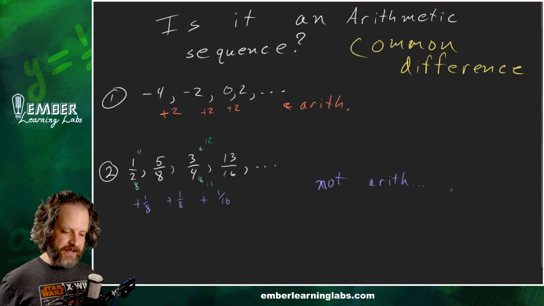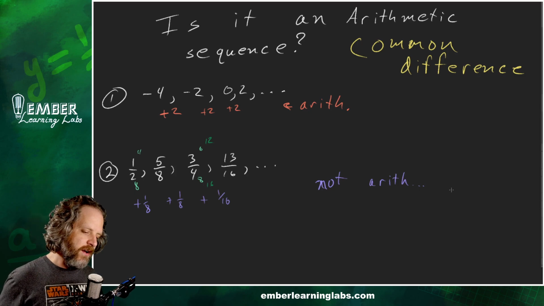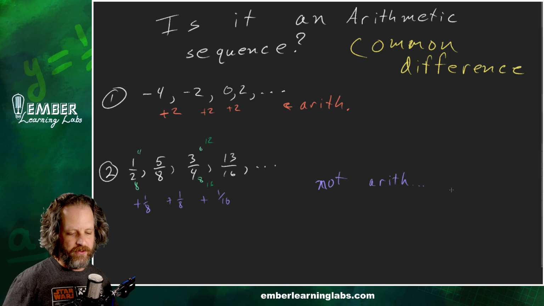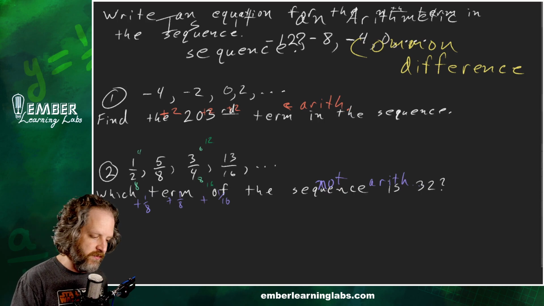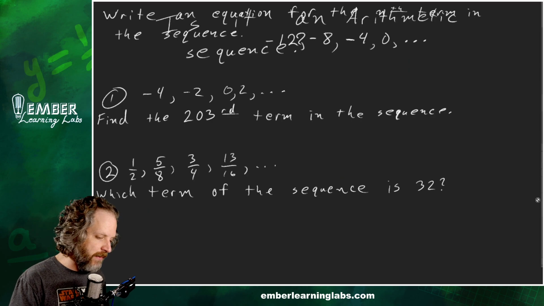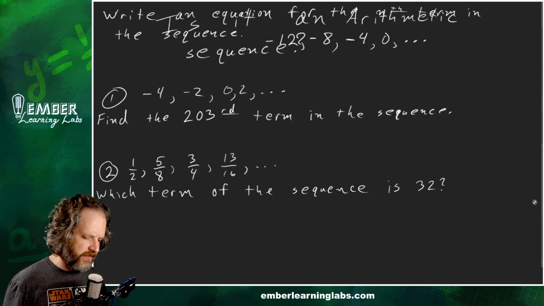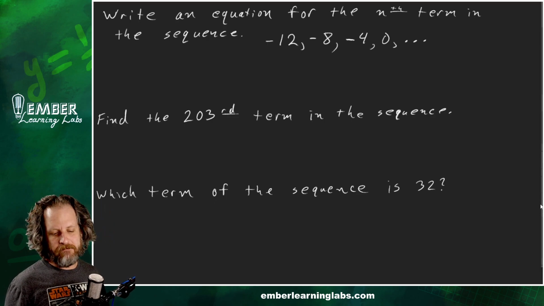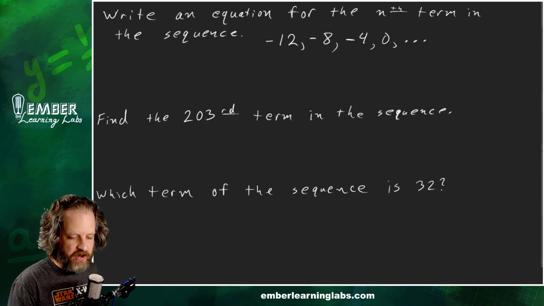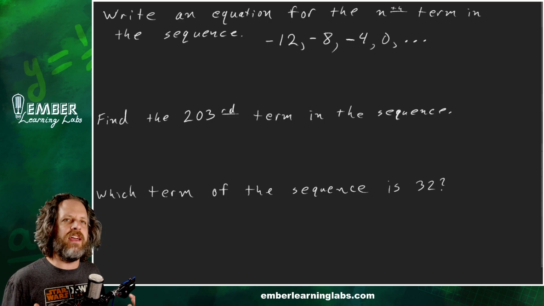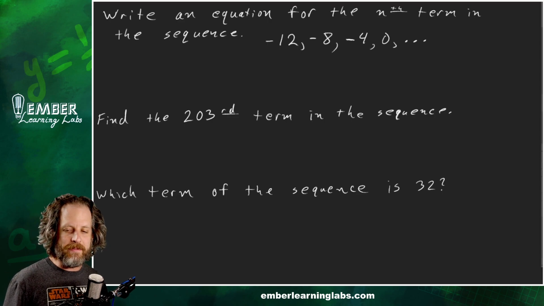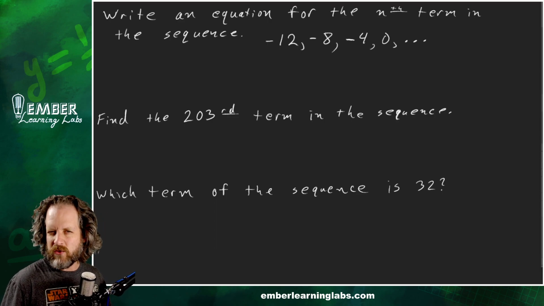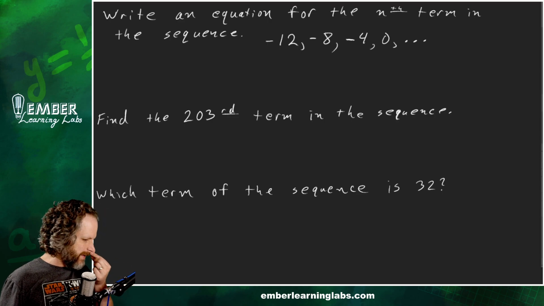Let's look at an example of what a typical problem in this topic would actually look like. One type of problem would be like what we just saw. You might be asked, is this sequence arithmetic or not? Yes or no. So that is one type of problem, but an even more common type of problem is something